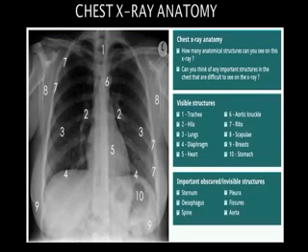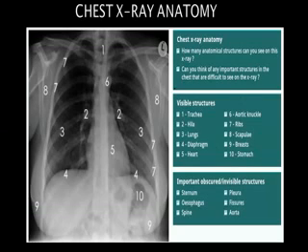So after this, we'll see some anatomical structures which can be seen on a PA view. The AP view necessarily looks the same as the PA view. The only thing is the cardia will look more enlarged and the diaphragms will be a little bit higher. So there won't be much difference in the way the structures are seen. Some lung bases will get obscured in the AP view. The cardia will look falsely enlarged and vessels will look more prominent. Only this will be the difference between the AP view and PA view. And generally, we don't measure cardiac size on the AP view. We try to avoid it.